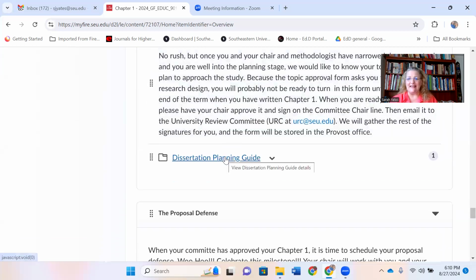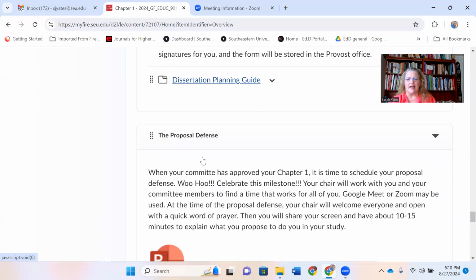The dissertation planning guide is a way for us in the office not to wait until a student is completely done with a dissertation to look at it and say, wow, the purpose statement doesn't align with the research questions, or what the student covered in chapter 2 is not in alignment with the purpose statement. We want to find that out right at the beginning and offer some help. So this dissertation planning guide is in chapter 1. It may not be turned in for 5 months. That's okay. But we do want to turn that in before the student does too much work in case there is an issue or a problem, or that you just need some guidance there.